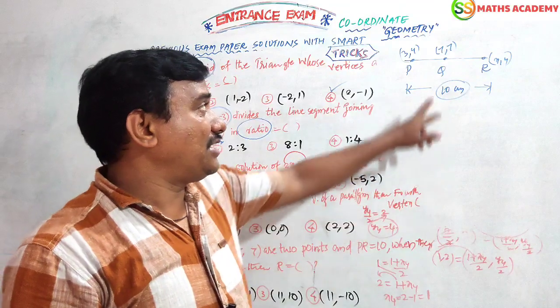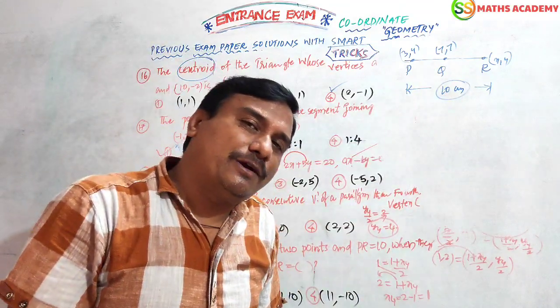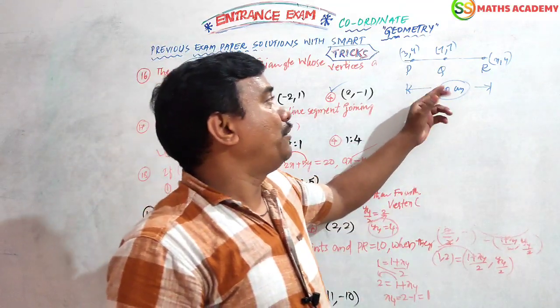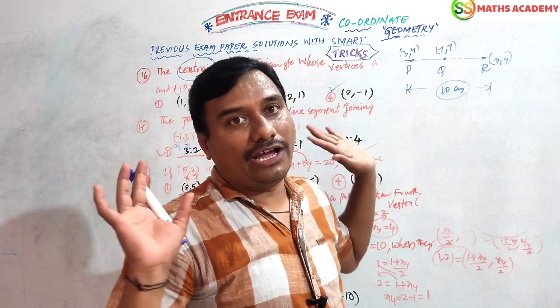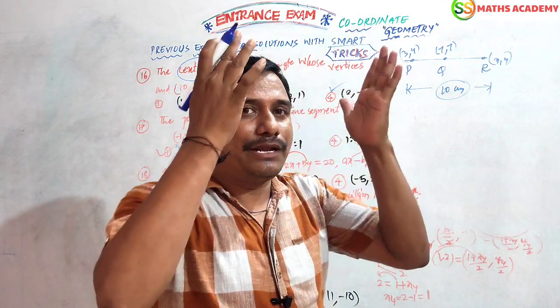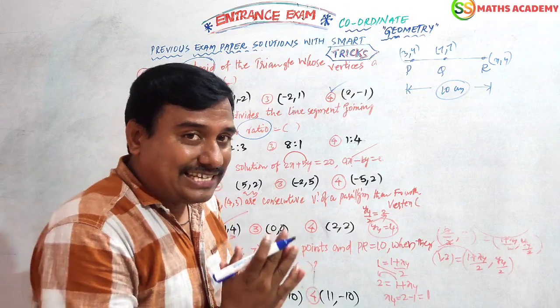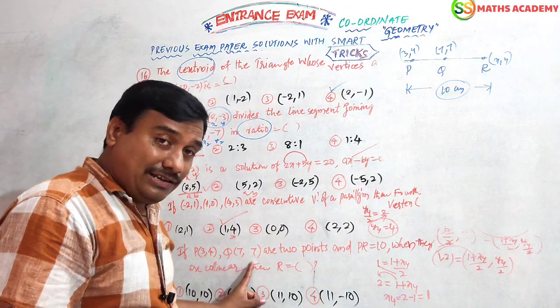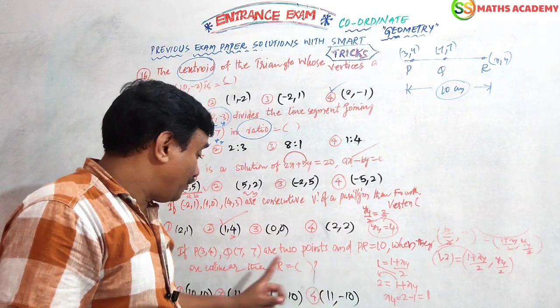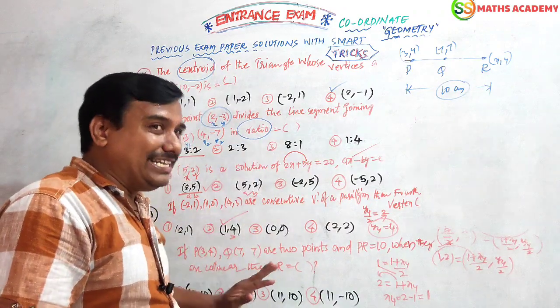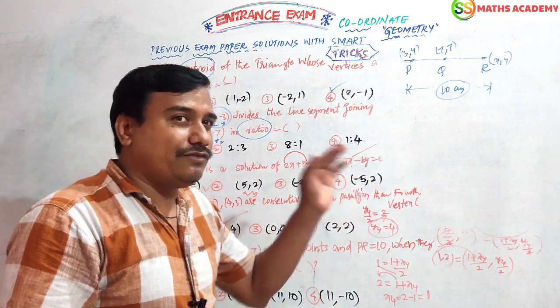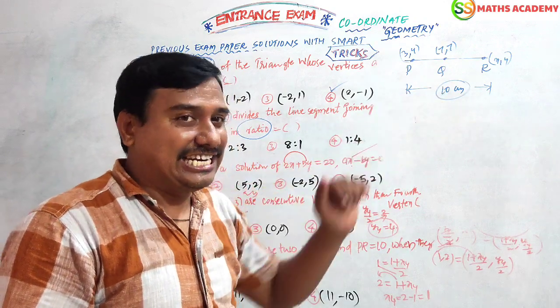We need to check whether Q is the midpoint. For example, if the length of PQ is 5, it is the midpoint, and then we can apply the midpoint formula. Children, once again: P given, Q given, length of PR given. Find R. These are collinear, meaning P, Q and R lie on a single straight line.